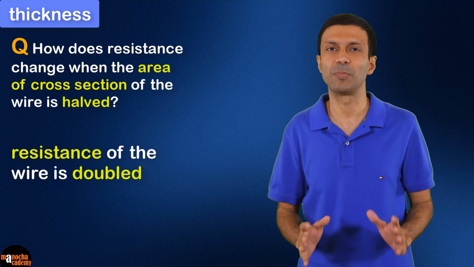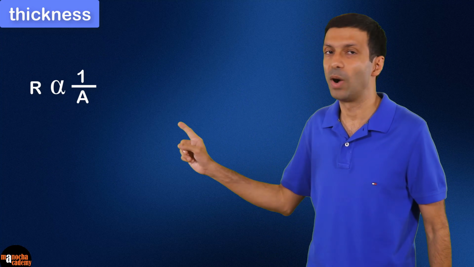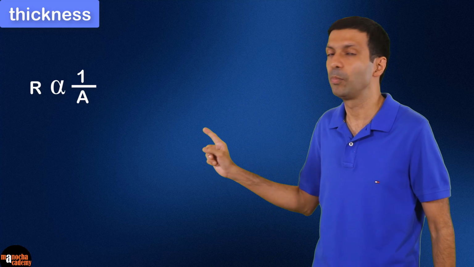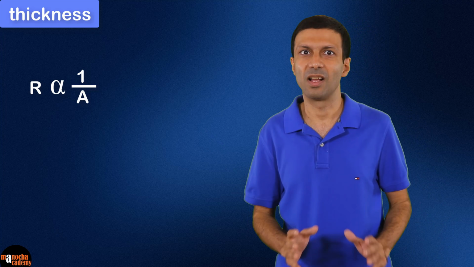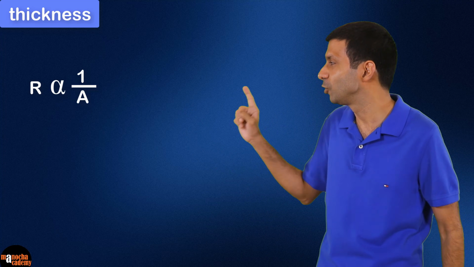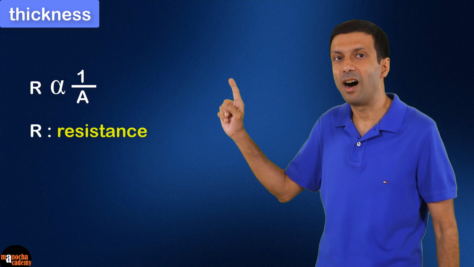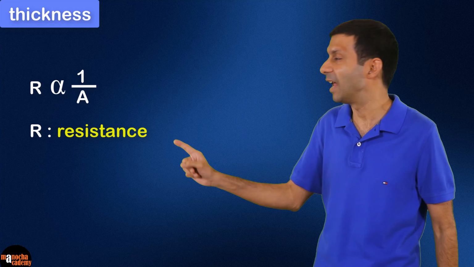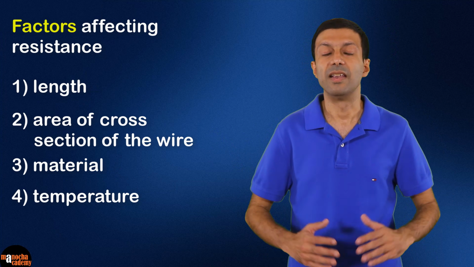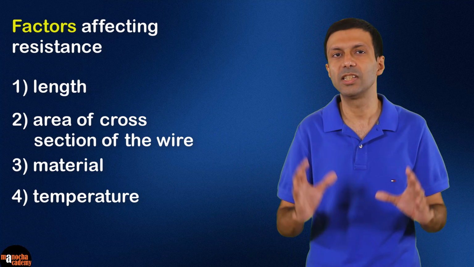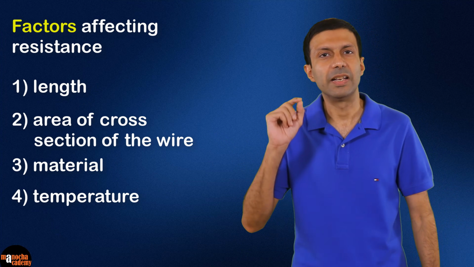And based on these experiments, the scientists concluded that the resistance of the wire is inversely proportional to the area of cross-section of the wire. R is inversely proportional to A, where R is the resistance of the wire and A is the area of cross-section of the wire. Next, let's look at how the resistance of the wire depends on the nature of material